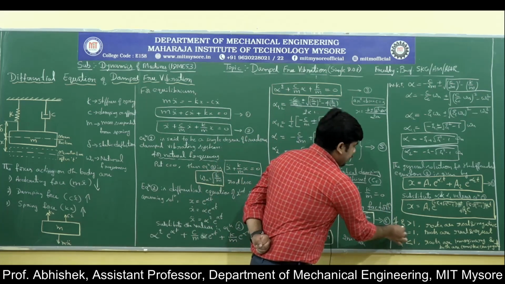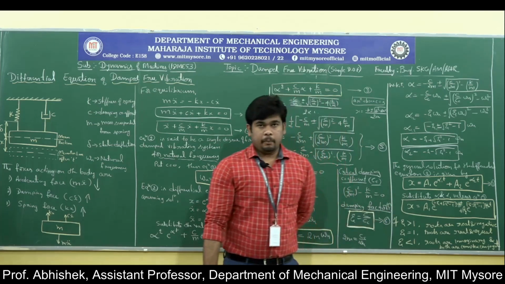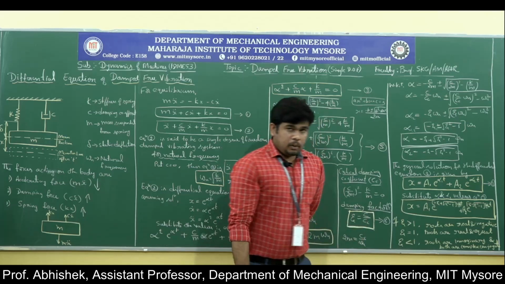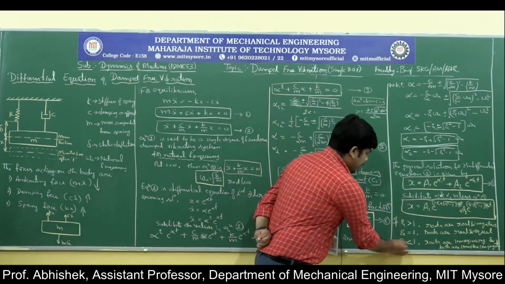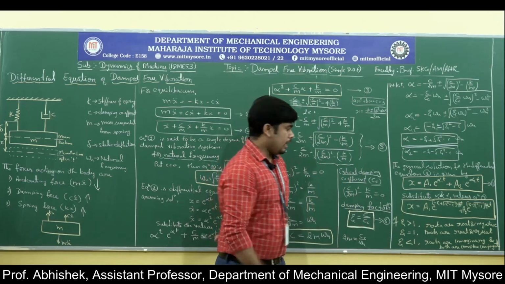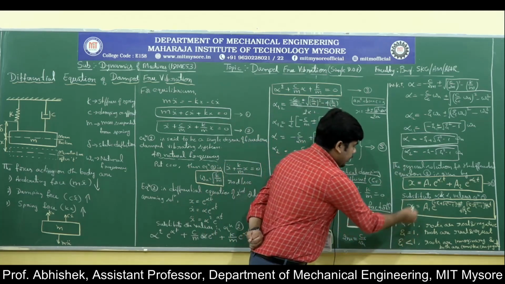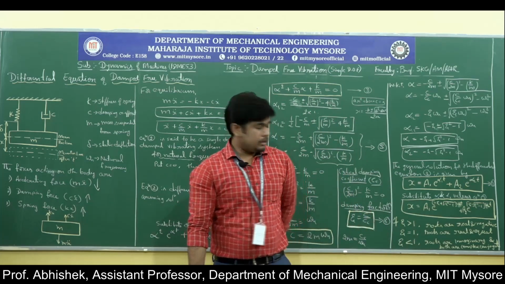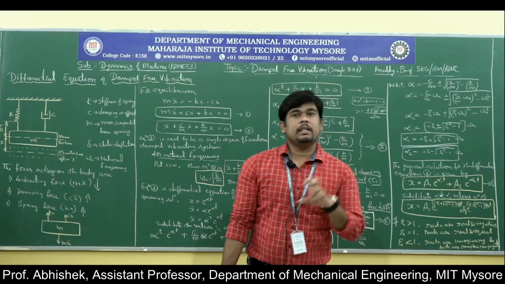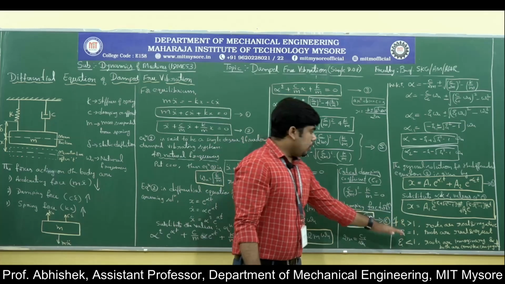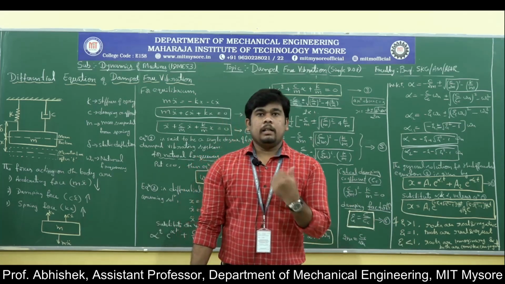Based on this, if zeta is greater than 1, then the roots are real and negative. If zeta is equal to 1, then the roots are real and equal. If zeta is less than 1, then the roots are imaginary and both are complex conjugates. In the next concept, we have the conditions based on the zeta values: zeta equal to 1, zeta greater than 1, and zeta less than 1. Based on the zeta value, we are going to derive these 3 conditions further in the next